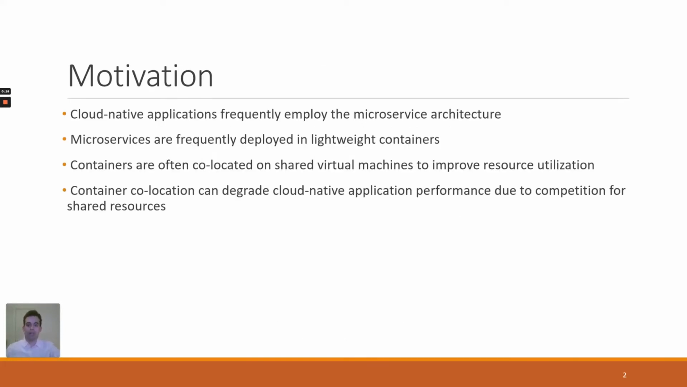Software applications are frequently deployed on cloud platforms like Amazon Web Services. These cloud native applications often follow the microservice architecture. Microservices are frequently deployed in containers, which are co-located on shared virtual machines. Co-location can improve resource utilization, but it also can result in resource competition, which can cause performance degradation, also known